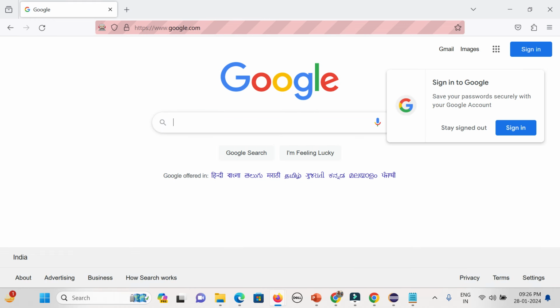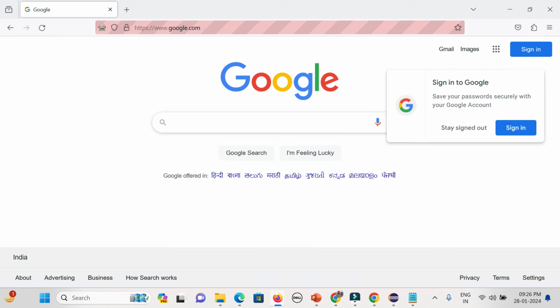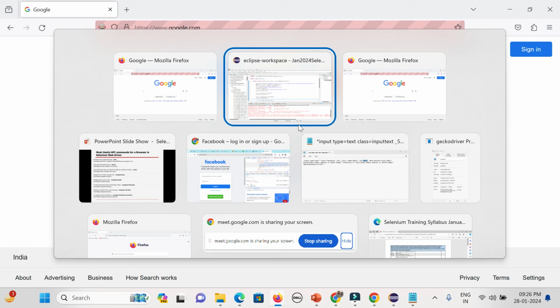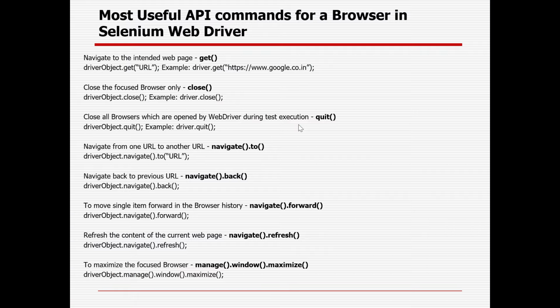After 3 seconds, it will go back to the Facebook page again. After 3 seconds again, it will go forward, and after 3 seconds again, it will refresh the page. So that is the way you can understand whether you are doing the correct coding and calling the correct method or not. Okay. Any questions? I think 2 or 3 topics are still pending.